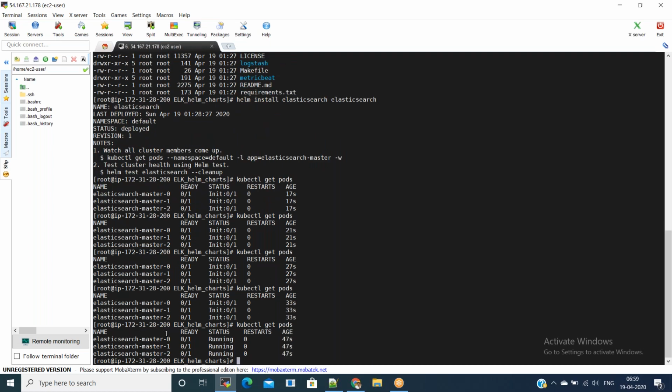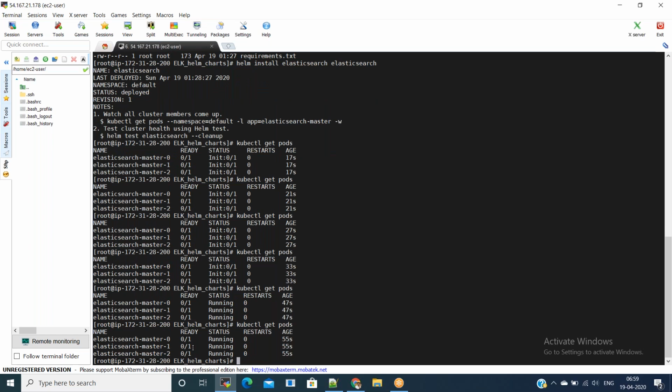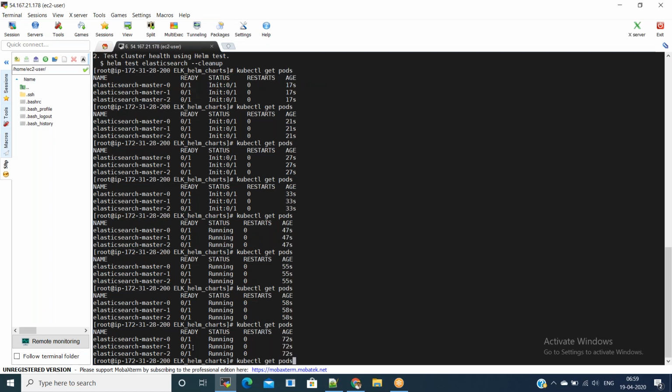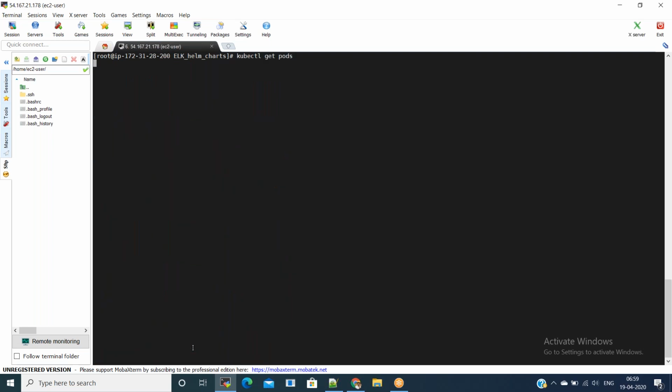Now the status is in running state. If there is any issue, we can quickly look into the pod logs, or else it will show status running, and in the ready column also it will show.